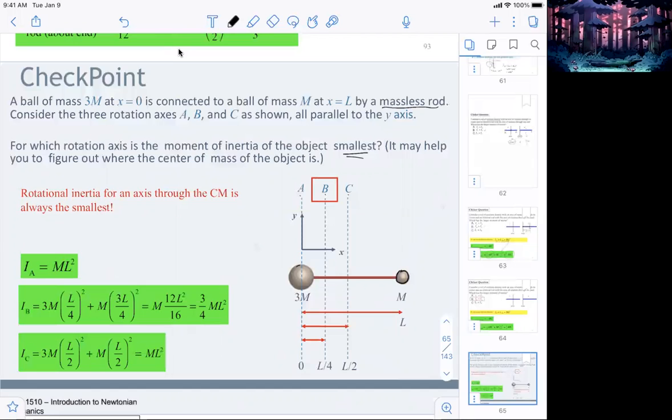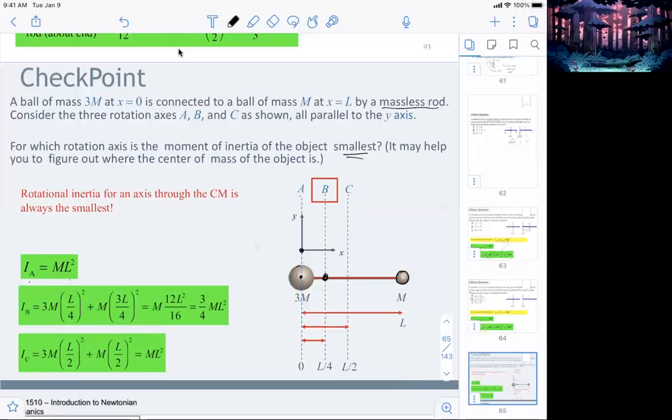If you do calculate each one of them, you can see that, relative to A, it is going to be, because 3m is right at the origin. So it's really just rotating m relative to the center of the origin, which is going to be m times L squared, the distance mL squared. Now I_B, if you rotate relative to here,